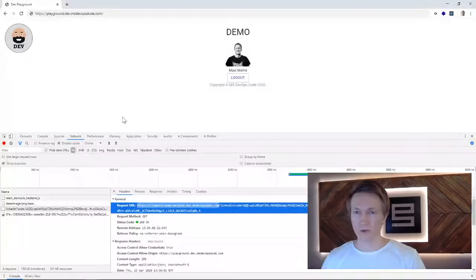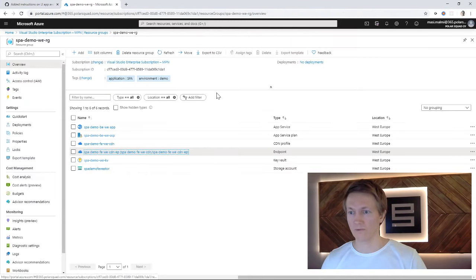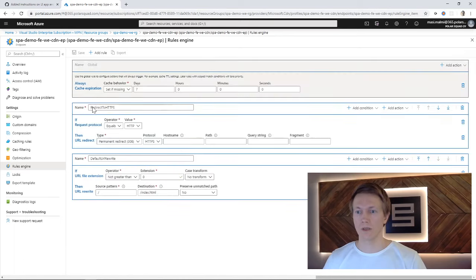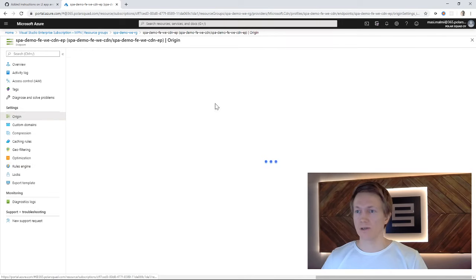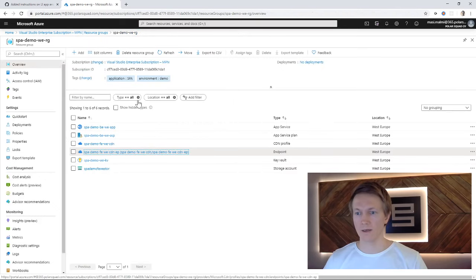Okay, I wanted to show you a couple of things still from this side. So the rewrite rules are here. As I already demoed, they are working. They are the same I had in the presentation slides. Origin is set from the Terraform code like this, exactly what I showed you in the slides. So that's all there, and this backend application